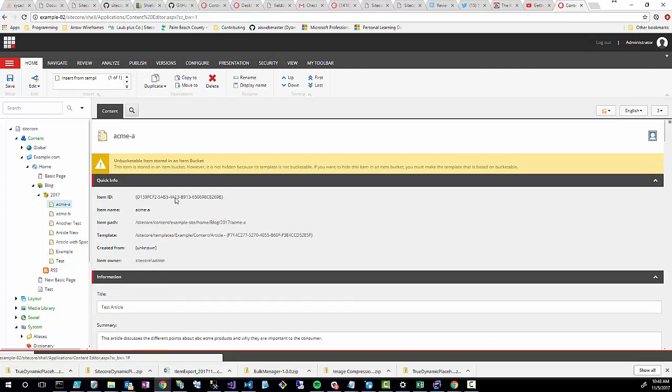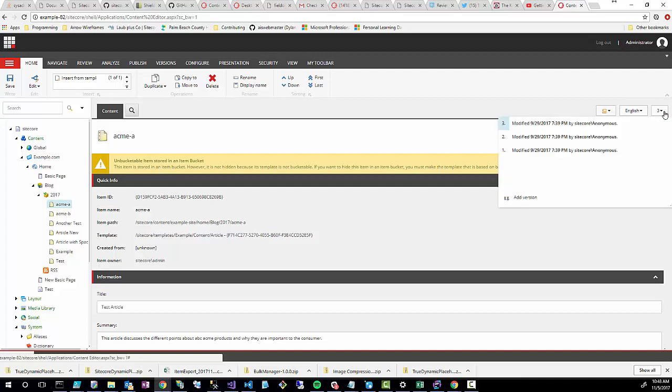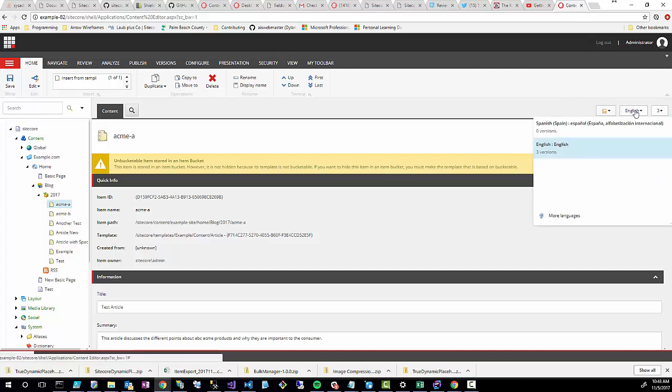To start working with versions, there's several different ways, and that's a kind of a theme for Sitecore in general. The first is you have these options up here on the right. As you can see, this item already has, in the English language, 3 versions, and you can select this button and see the 3 different versions. You can even go ahead and add a new version for the English language as well. And lastly, you can also select here, and now you can see